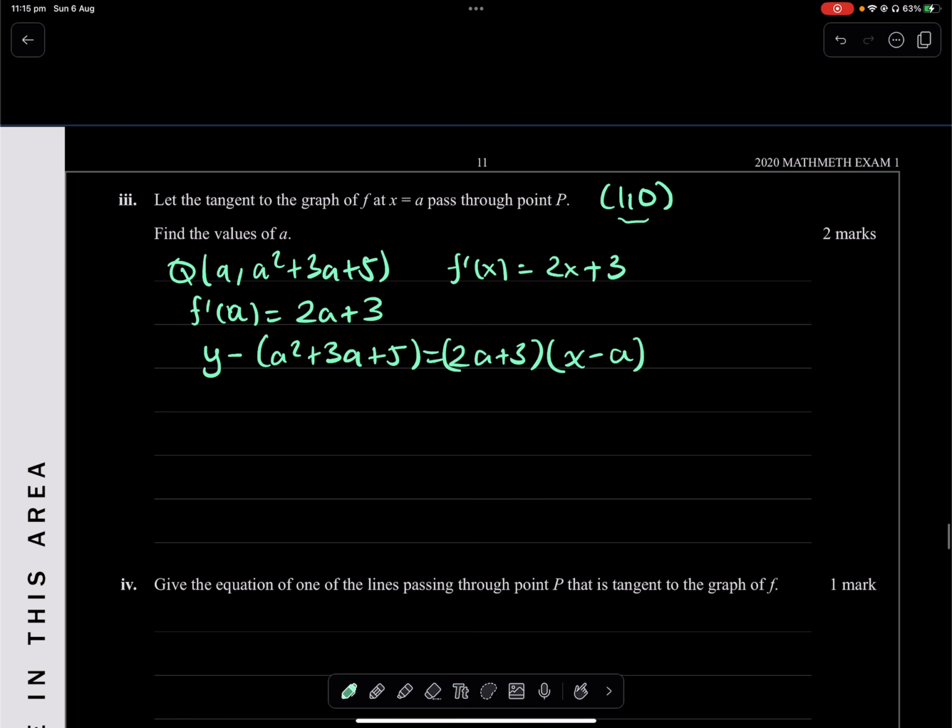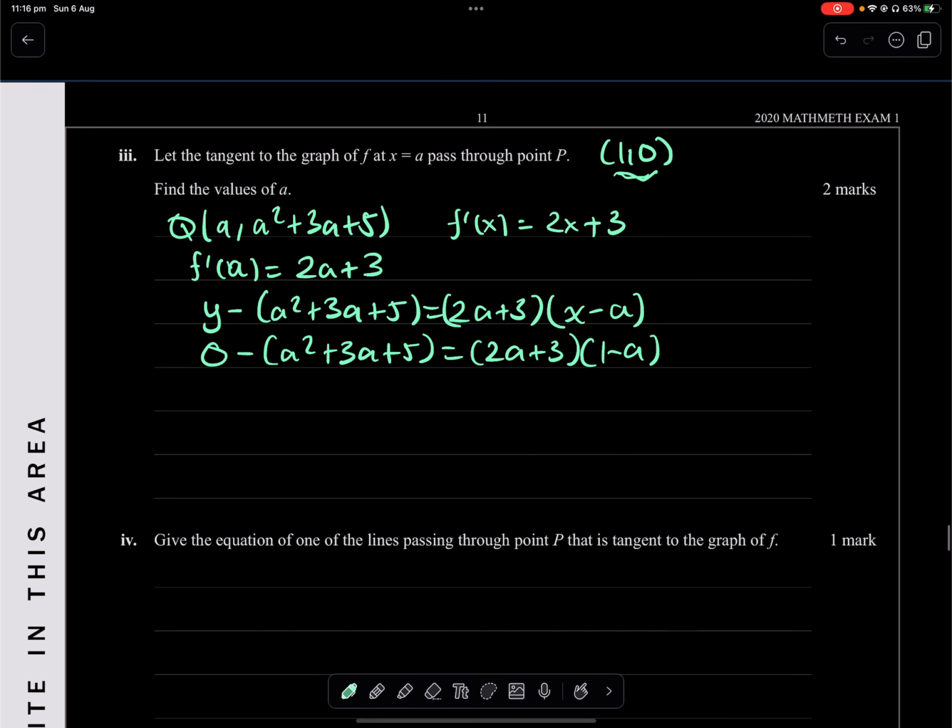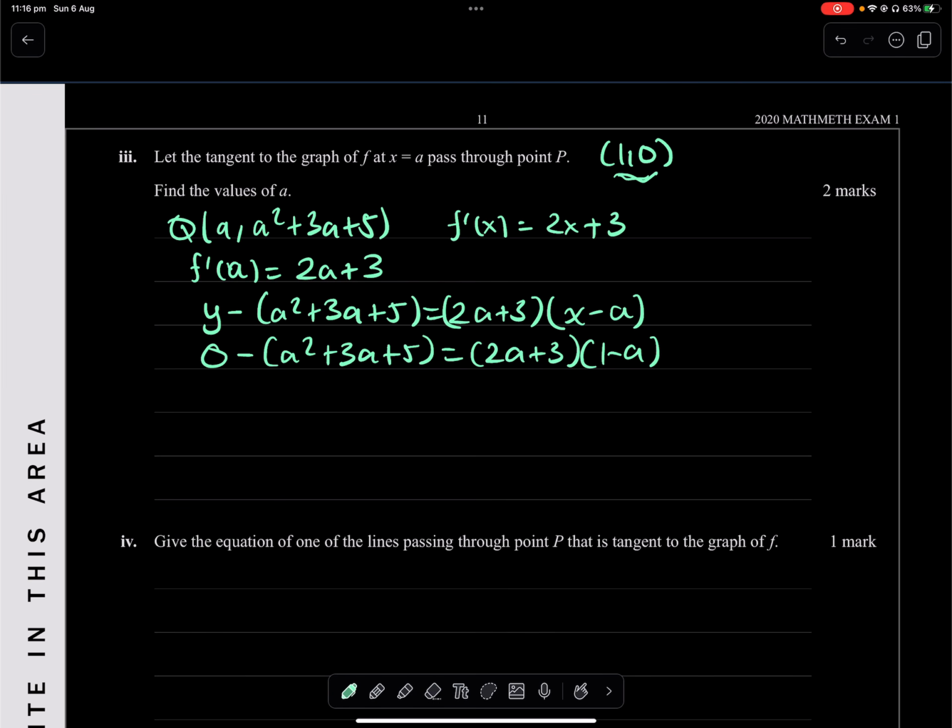Now I know this point lies on it, so I'm going to sub into the x and y. So this will be 0 minus (a squared plus 3a plus 5) equals (2a plus 3)(1 minus a). Expanding this, negative a squared minus 3a minus 5